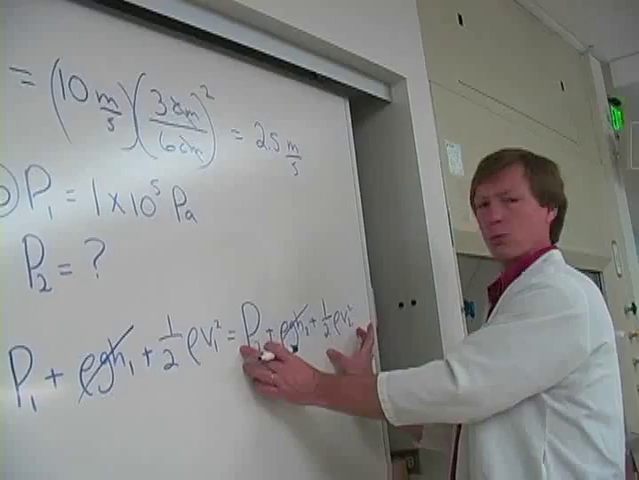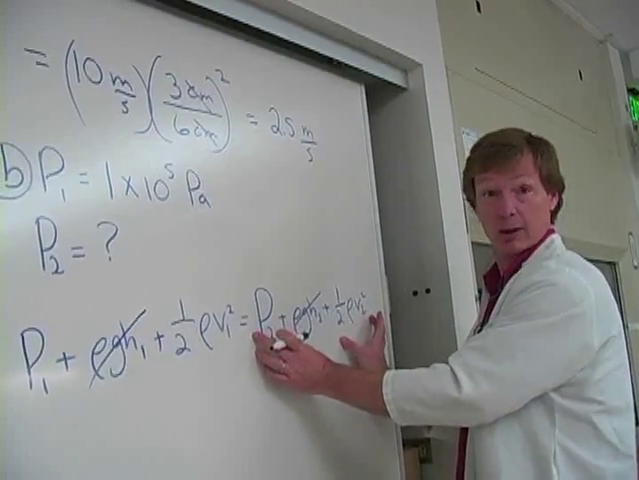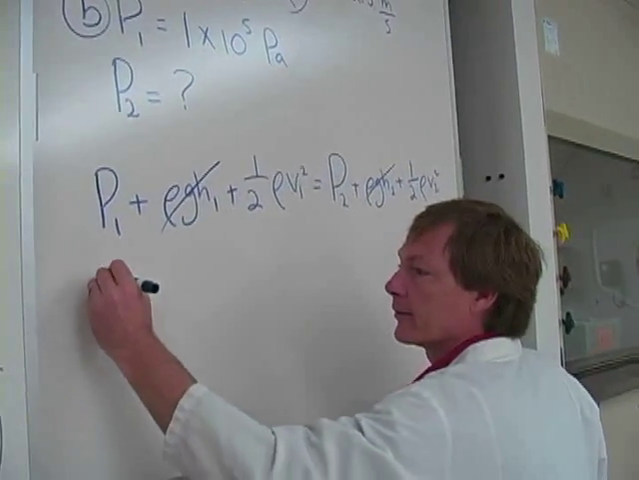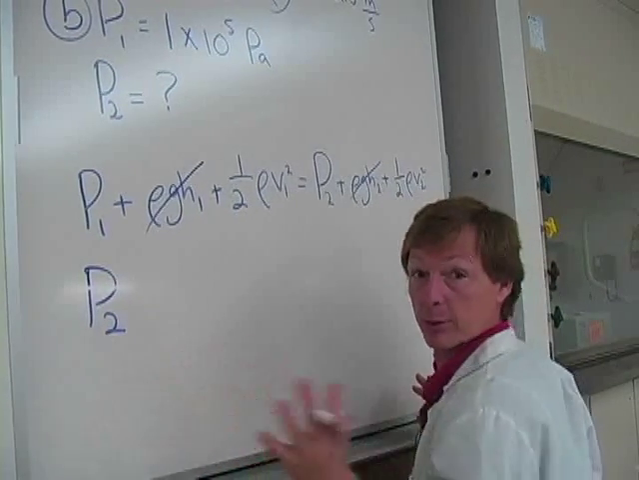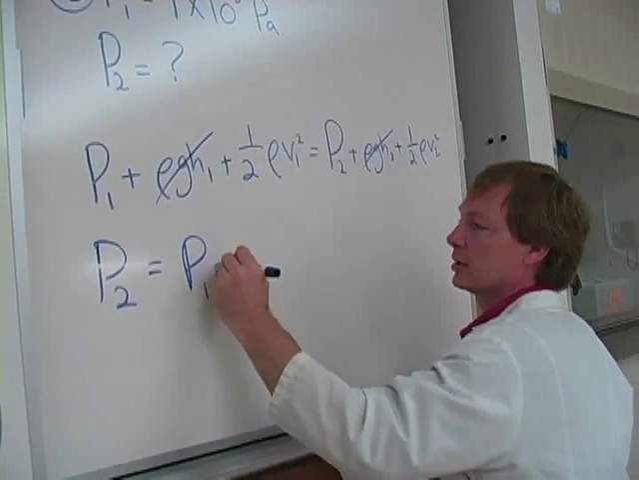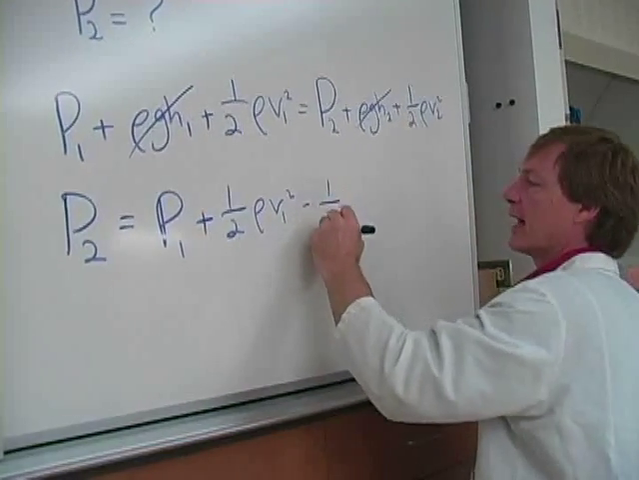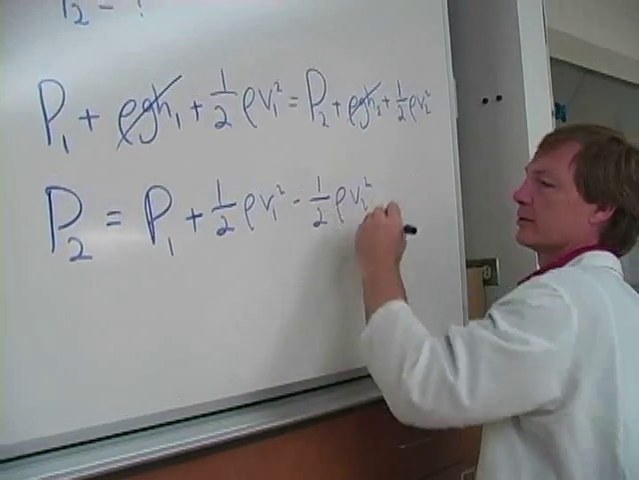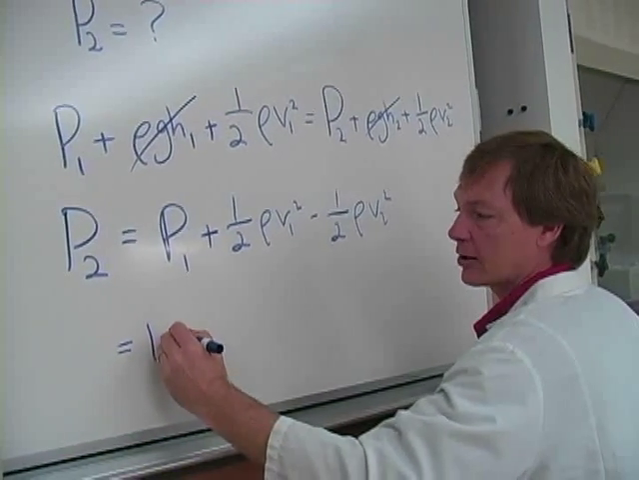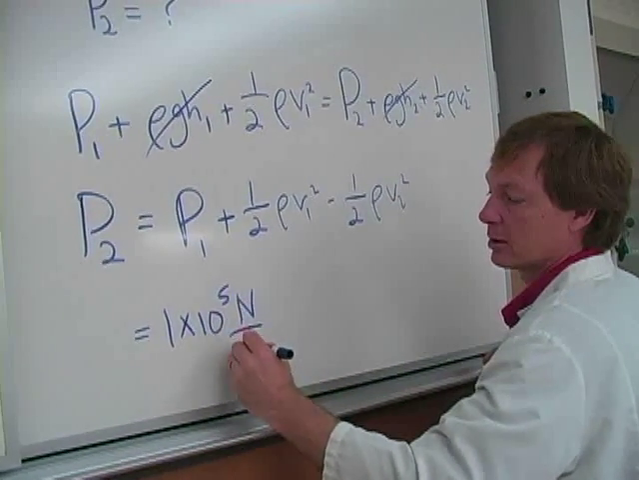I've just got to subtract 1/2 rho V2 squared from both sides, and I'll have pressure all by itself, half my working equation. So let's try that. I'll get P2, the pressure I want, is equal to P1, the first pressure, plus 1/2 rho V1 squared minus 1/2 rho V2 squared. That's equal to 100,000, 1 times 10 to the 5th pascals. I'm going to write that as newtons per meter squared,